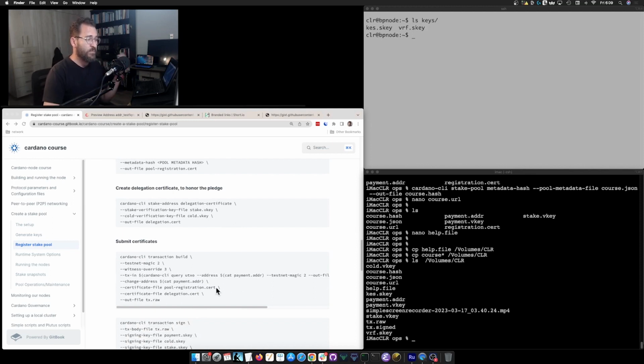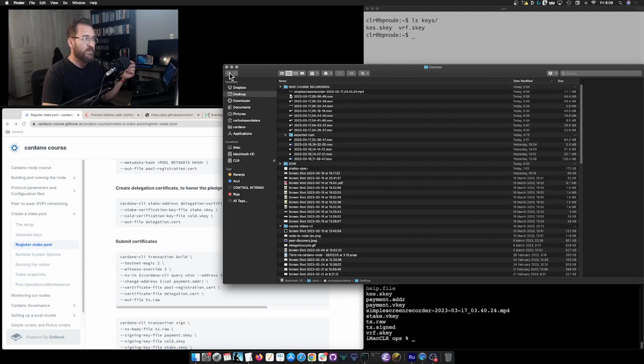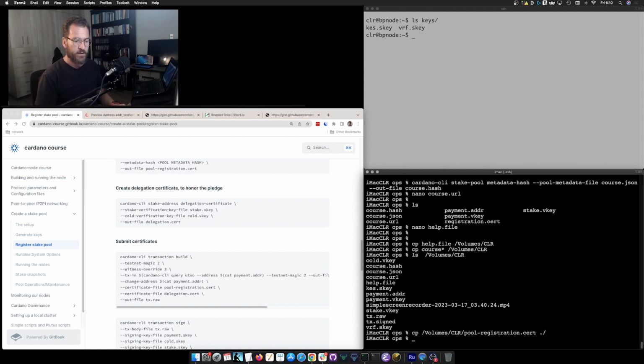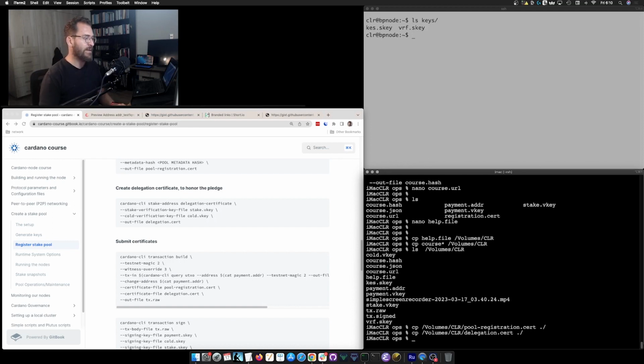And I'm just gonna use it to build the transaction body. All right. It is there. Okay. So now I can copy from volumes CLR the pool registration certificate into this directory, and I'm gonna copy the delegation certificate to this directory, and now I can run this to build the transaction